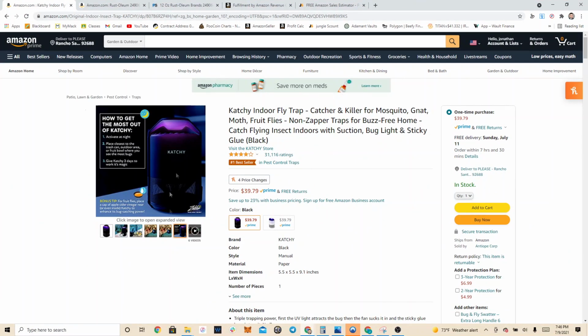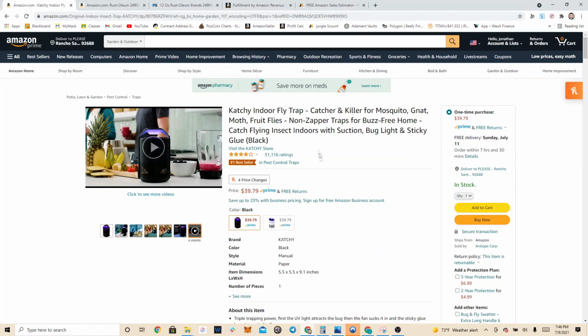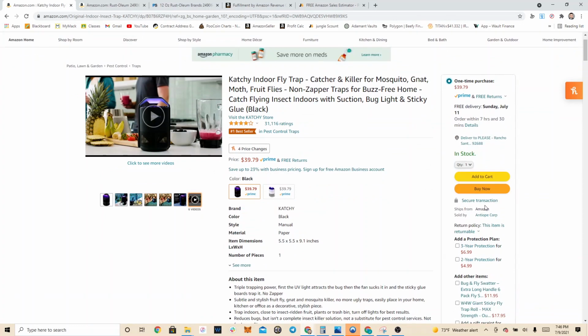So the first thing we have up here is a listing on Amazon. It's for a flycatcher, I think. You can see the price here. You can see where it ships from and sold by. So that's how to identify products that are being FBA sold. This is good to know because you would also know if this product was selling, if obviously someone else is selling it. The name of the game really in FBA is to have the best price, get the most sales,